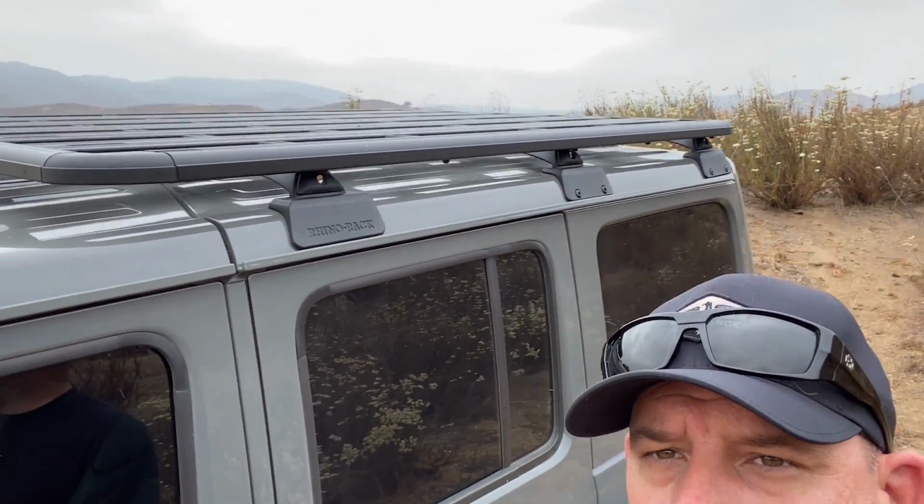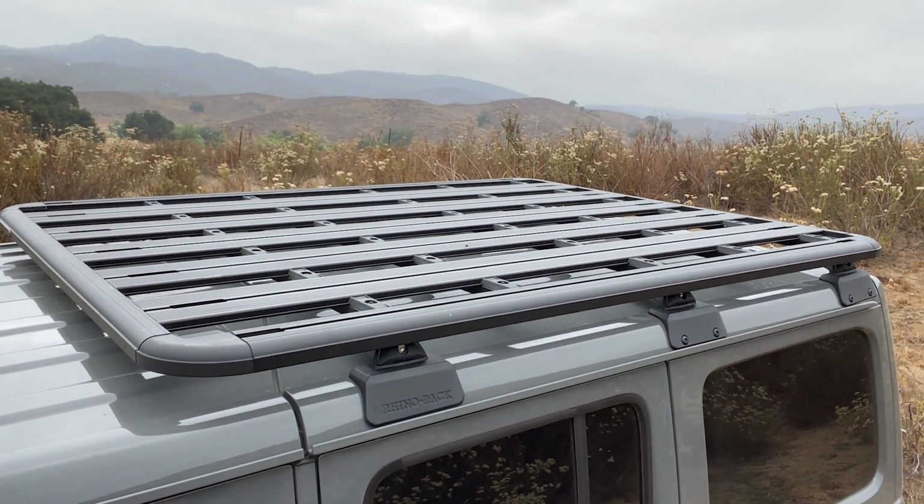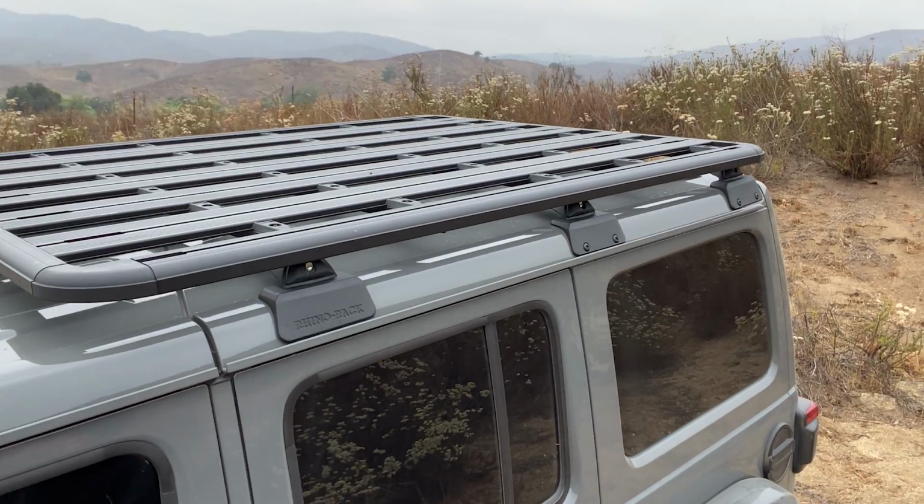We've had it since September of last year, 2020. And early on we decided we wanted to overland or camp. So the first thing we did, we left it stock, wheels, tires. The first thing we did though was the Rhino rack, which has been amazing. It holds our rooftop tent, which I'll probably talk about in another video. You've probably seen it already on top of the Jeep in the mountains. But we really love it, and the rack really holds it well, holds our weight, holds the tent's weight,